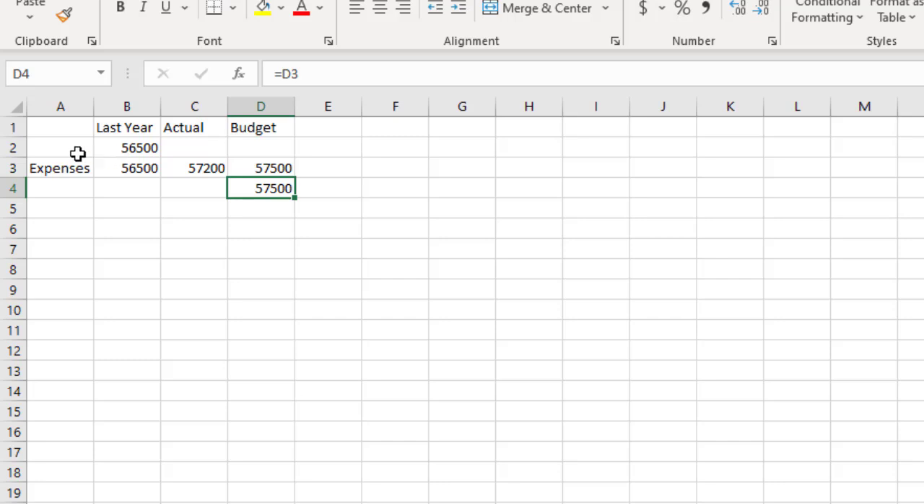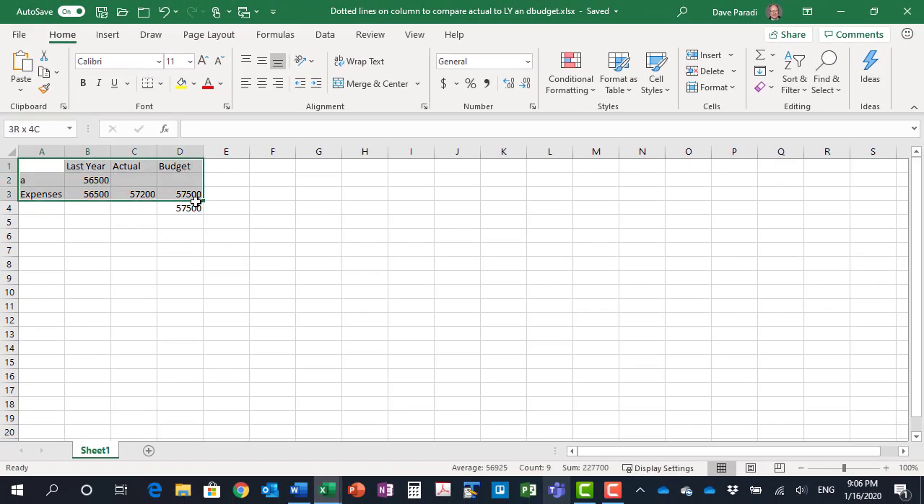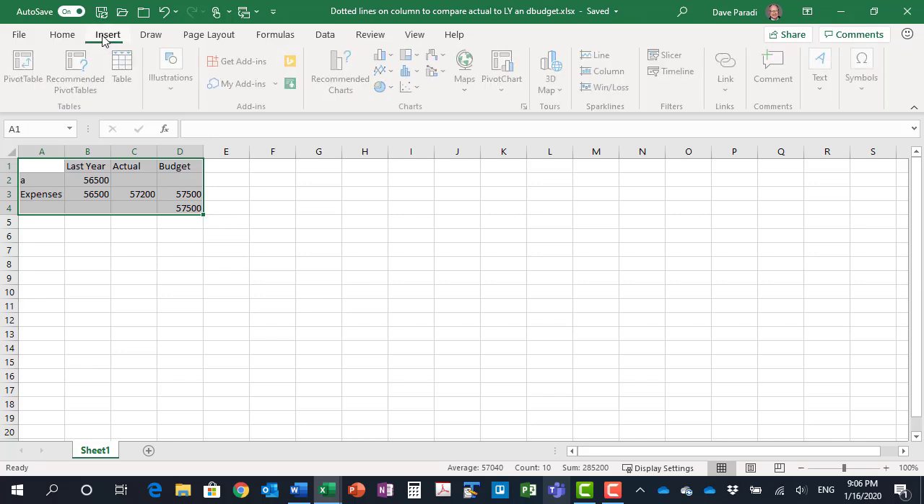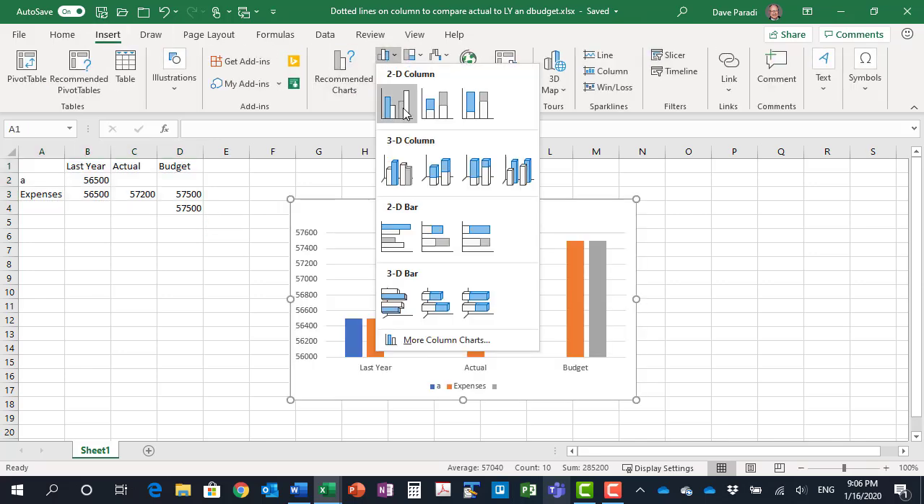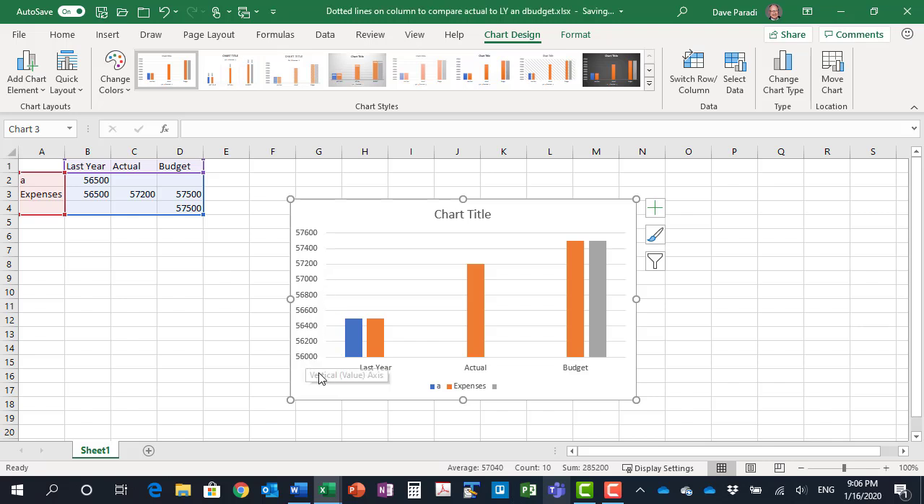Before we start creating our chart, we have to put a character in this particular cell here, in the first cell, the first column of the top row. The reason being is that otherwise Excel will misinterpret and think that the top two rows are actually the labels. So when we highlight, I can say insert my regular column chart,